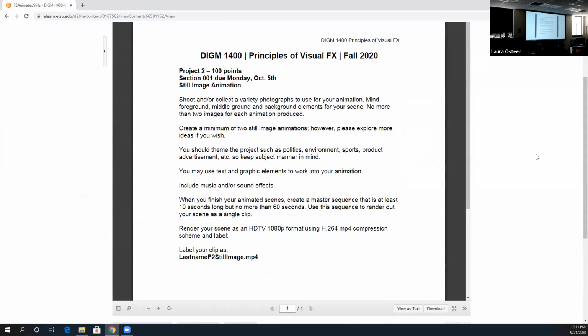Keep in mind that there does need to be a foreground, middle ground, and background element. Don't use more than 2 for each animation. So if you have a picture of a dog and you have a picture of a cat, but you also want to have like a watermelon somewhere in there, just be aware that if it takes too long to edit those pictures together, you still have to mask them to kind of get that same look of what I gave you in that After Effects